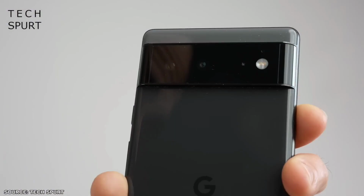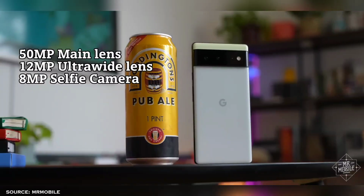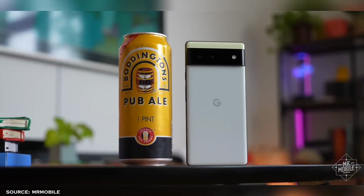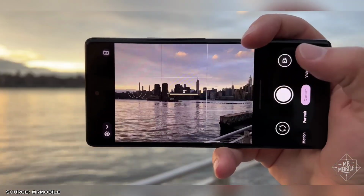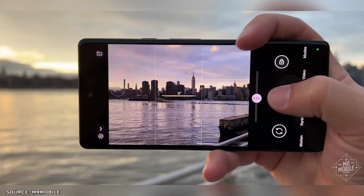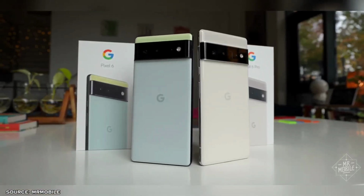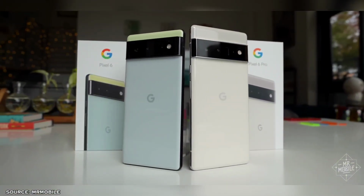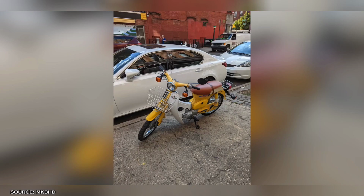At the back of the Pixel 6, you'll find a double camera system consisting of a 50-megapixel main lens and a 12-megapixel ultra-wide lens, and for capturing selfies, there's an 8-megapixel front camera. The camera quality here is nothing short of amazing, particularly when it comes to photos. It's a solid camera setup that excels in various aspects, offering great contrast, a wide dynamic range, and vivid colors. The sharpness and level of detail you can capture with this camera are impressive, making it an excellent choice for